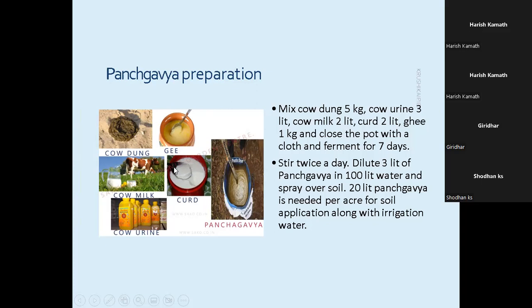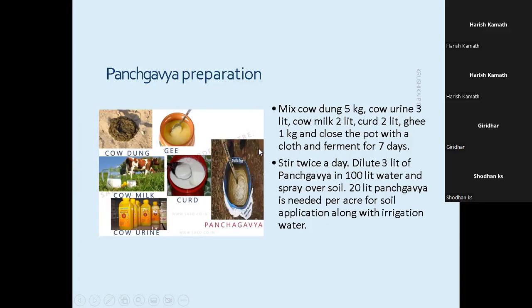In addition to that, we need to use either jaggery or sugarcane juice. Ghee 1 kg, and also if banana is available, you have to use banana also. Some 3 to 5 ripe bananas, you can use it. Everything you have to mix step by step.